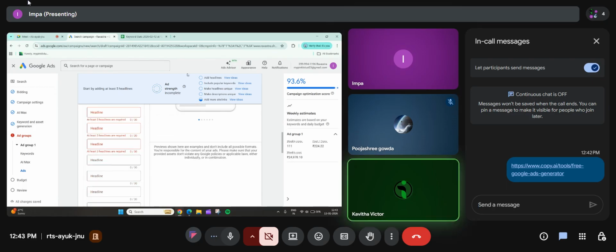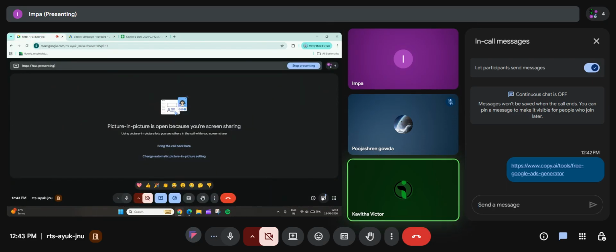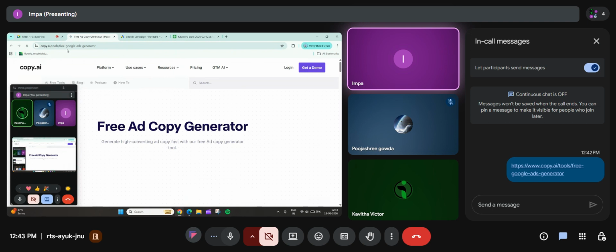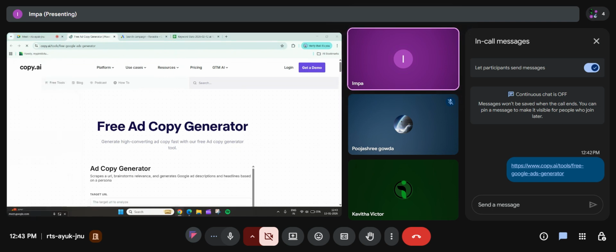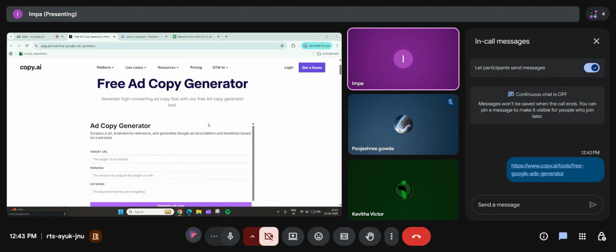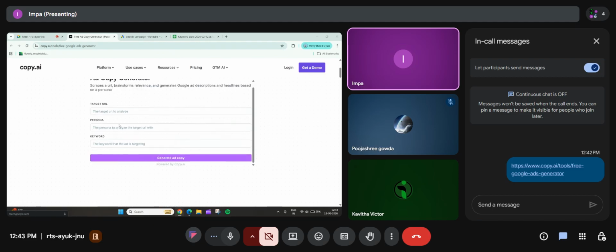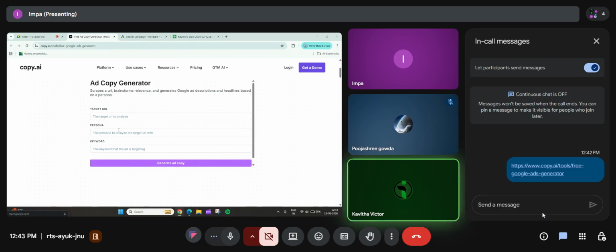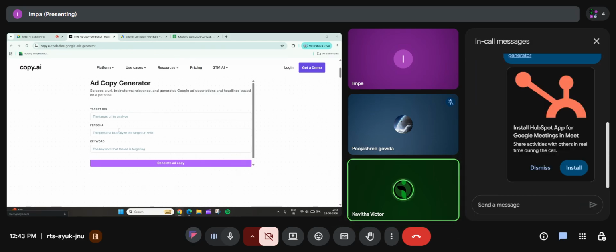Open that link. Fill the details. Targeted URL, your URL. Persona to analyze the target URL with.